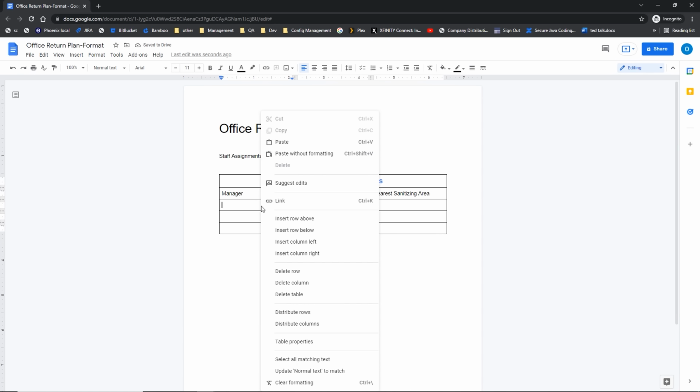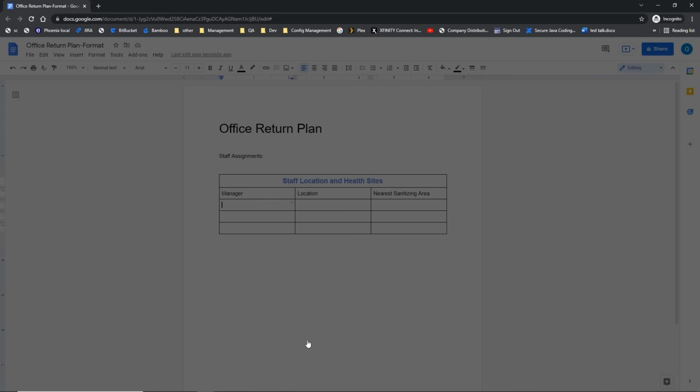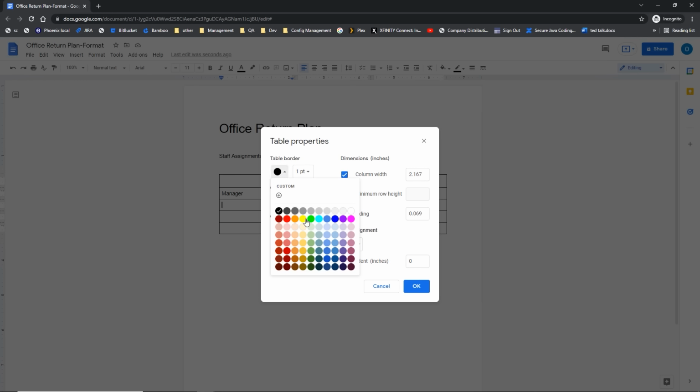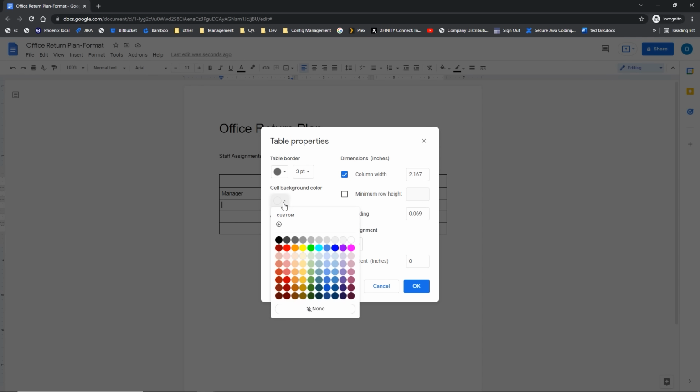And then I'm going to right click and go back down to table properties. I want to change my borders to maybe a dark, well, let's say a dark gray. I can also increase their size. Notice right here, the sizes are done in points. Then I also have a cell background. Sometimes this is referred to as the fill color of your cells. I'm going to come in and change it to kind of a